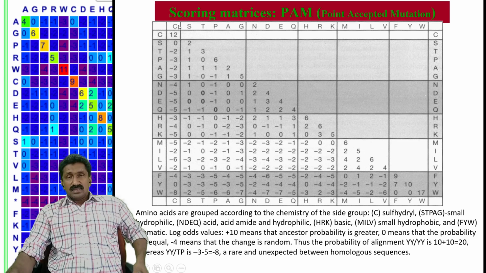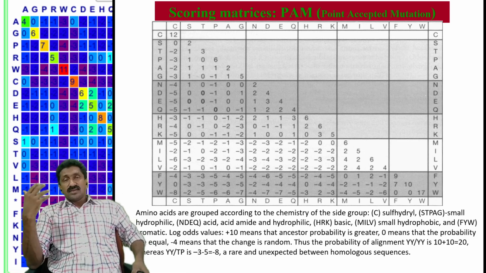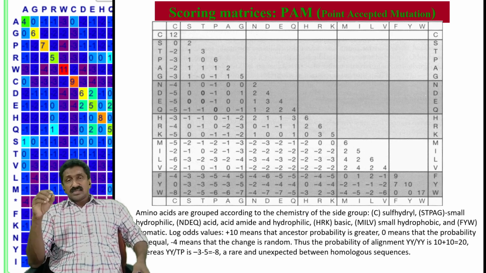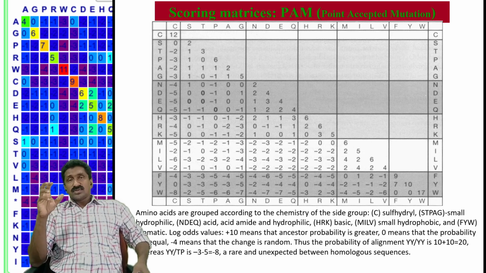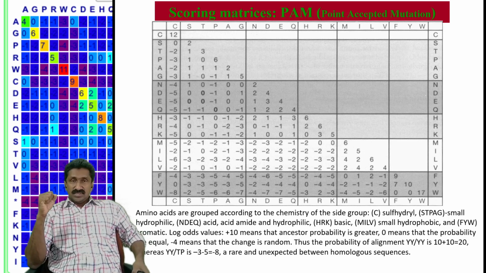Here, all 20 amino acids are represented and the corresponding value is given. If you look at, say, Y with T, the replacement of one amino acid Y with T will be assigned a score of -3. So when calculating, instead of considering arbitrary values of -2 or -1, etc., the values from the PAM matrix, which are based on the probability of the substitutions, are used.